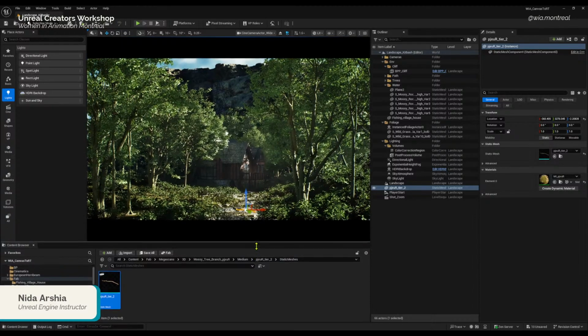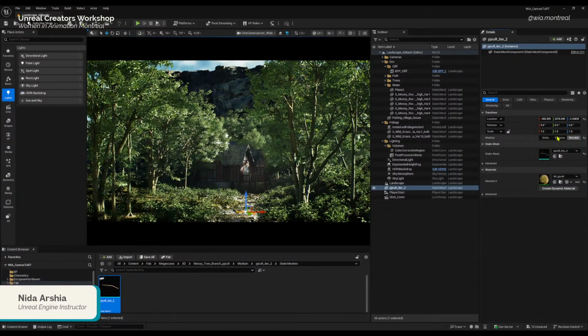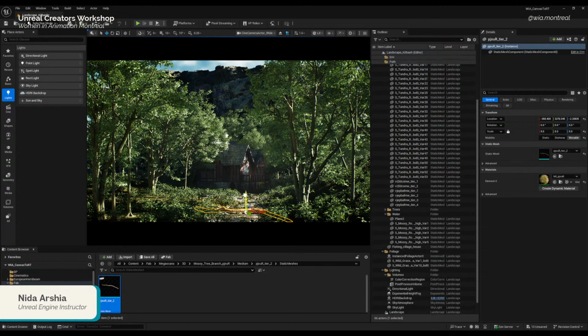Here you can see it's really tiny, so it's not that visible. We can scale it. So what I'm going to do is select the asset, go to the details. Here on the side, you will see some transform settings, and then we have scale. In the scale, I want to scale it in all the axes, so I'm just going to lock this. Let's click on 5. So it's going to become like a really big twig, which is not real, but it's okay. So we have this in the level.